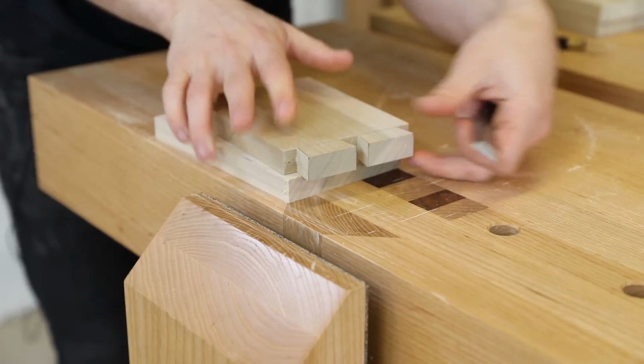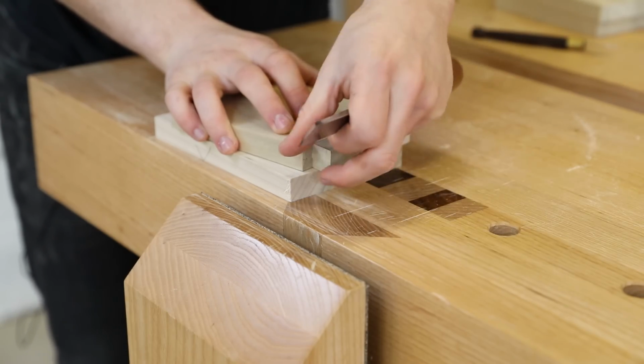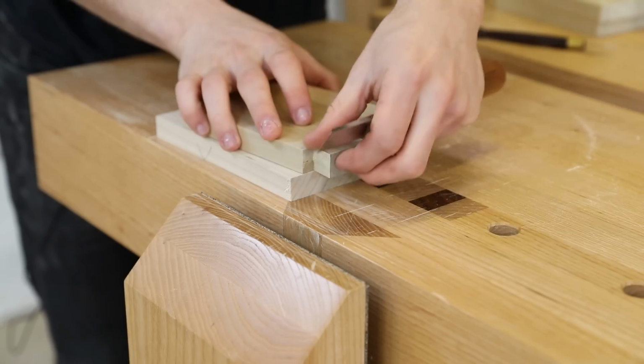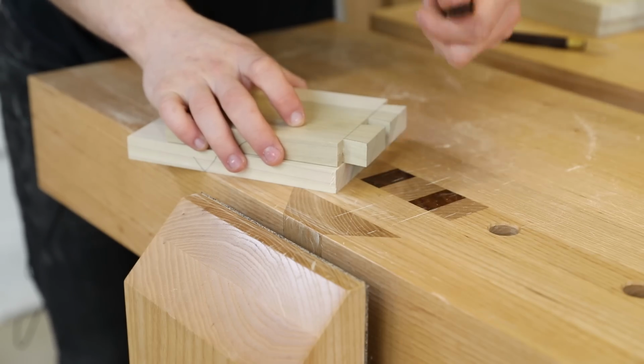So what you can do, you remember at the start in the invisible baseline technique, I said that you could still scratch the marking gauge line across the back of the tails. On the front here, you don't need to do that, but on the back, you can scratch it all the way along. When it comes to scratching that marking gauge line along the back, make it pretty deep,